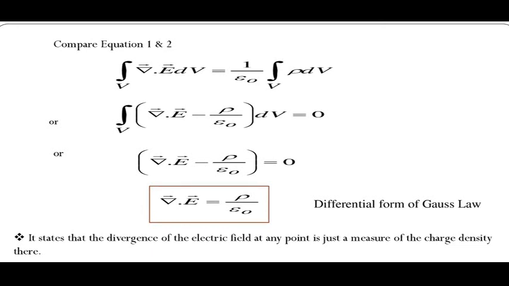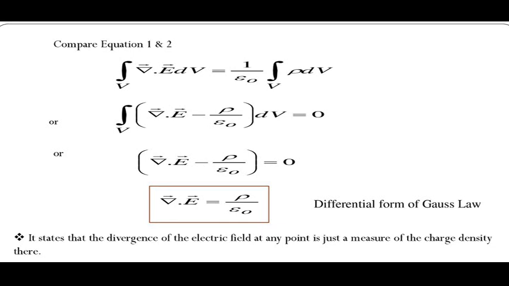So we come to the equation in which we have on the left hand side the volume integral of divergence of electric field, and on the right hand side we have the product of 1 by epsilon naught with the volume integral of volume charge density. Now since we have the volume integral on both sides, we can take the right hand side to the left hand side, and now we can put the terms in the bracket equal to 0, which gives us the final differential form of Gauss law, which is divergence of electric field is equal to rho by epsilon naught.